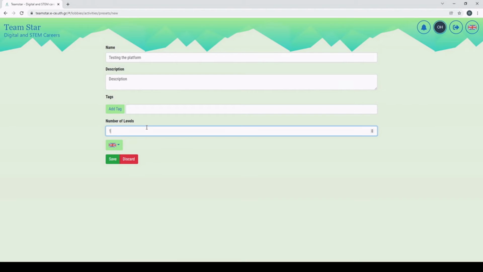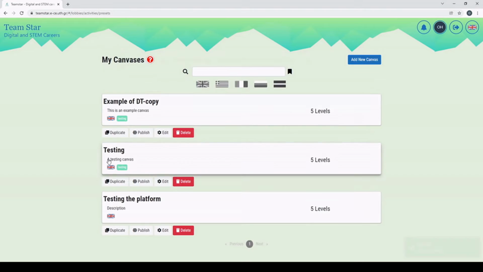Then we need to enter the number of levels of design thinking we want to use in this canvas. The number can vary from 1 to 15. Most of the time, it's 4, 5, or 6. Finally, I can also select the language of my canvas, and then I click on Save.